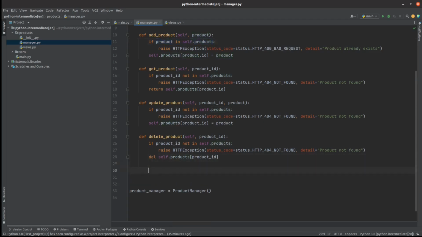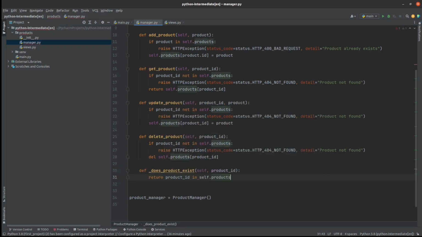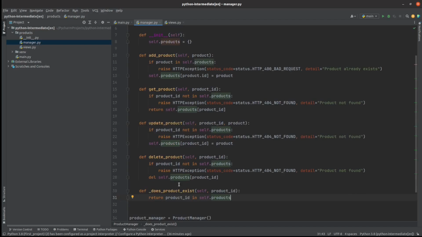So let's create it. So yes, this is protected, and then it's valid. Call it from this place,